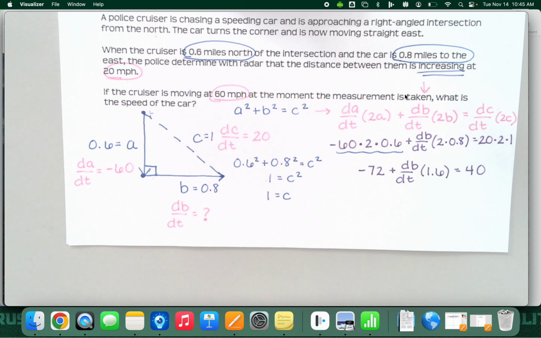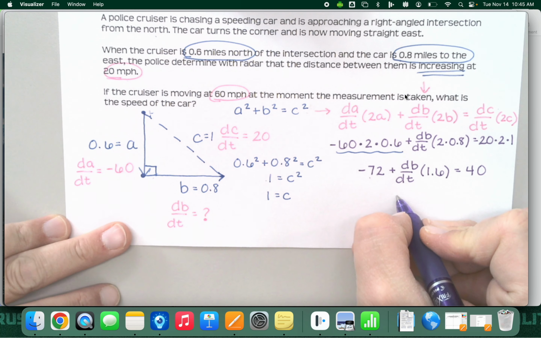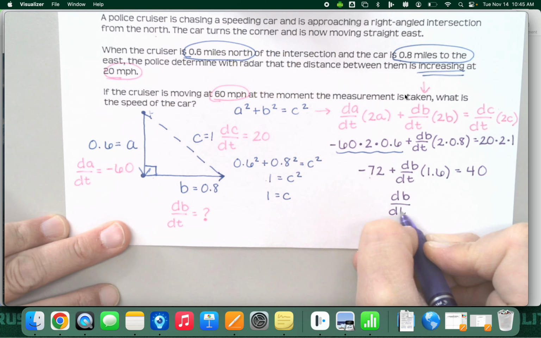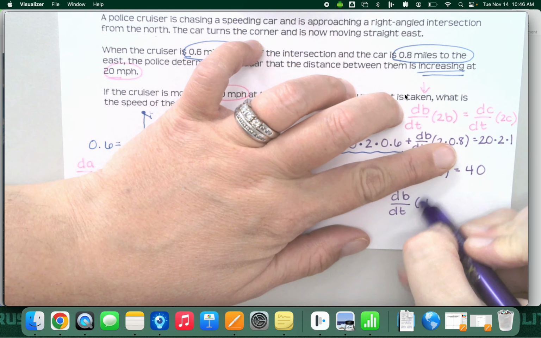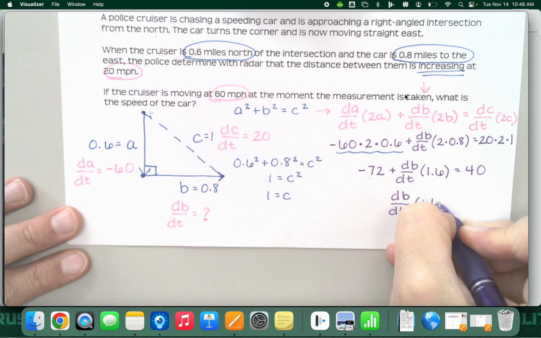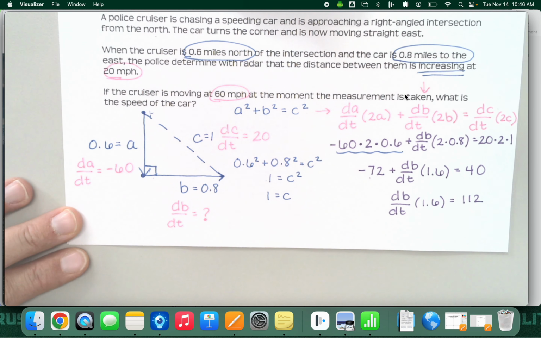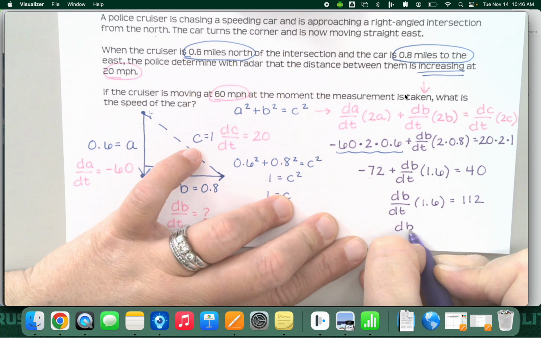And now I'm just solving this like an equation. So I'm going to add the 72 to the other side. So I have dB dt times 1.6 equals 112. Okay. And then divide by 1.6, and I find out that dB dt